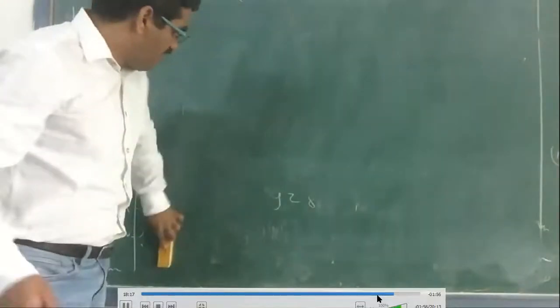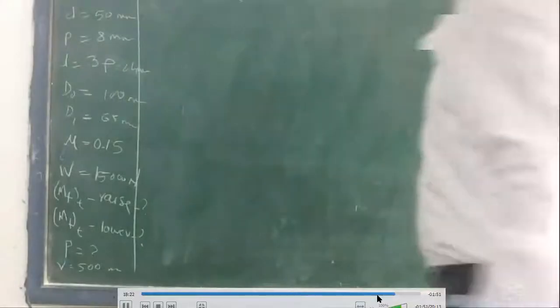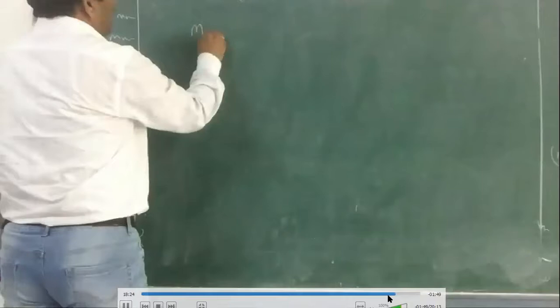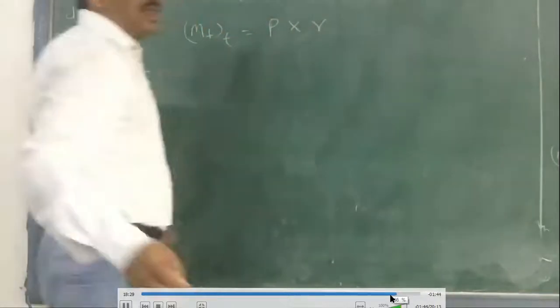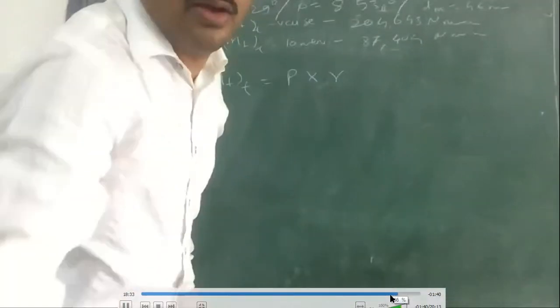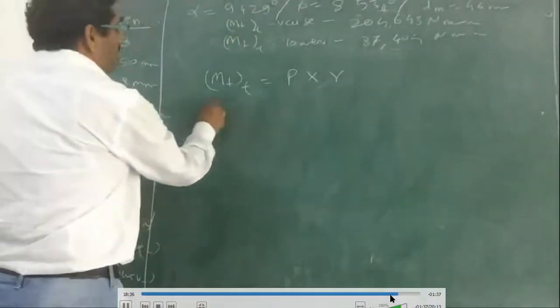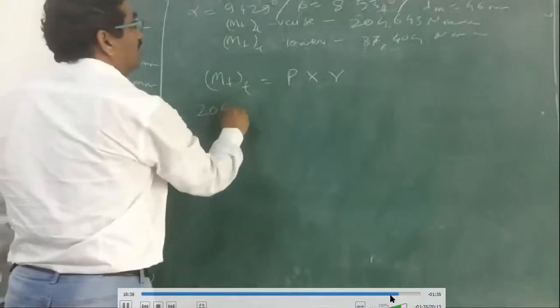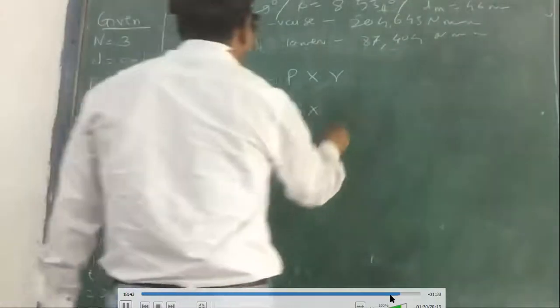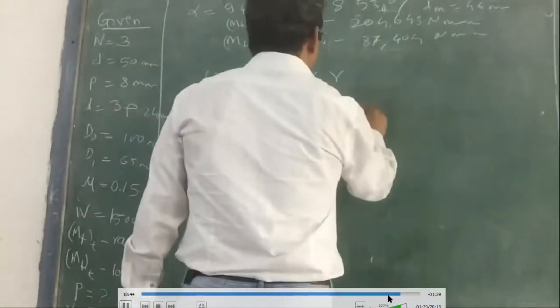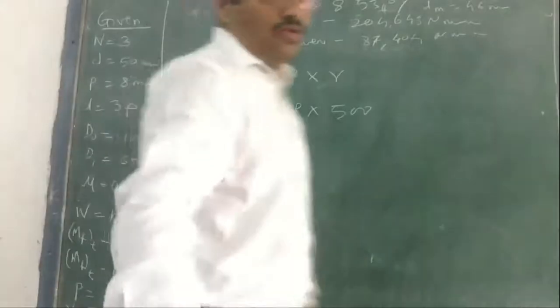Okay. Now we know the torque required to raise the load and the torque required to lower the load. Now simply we have to find out the effort required, right? What is the effort required to raise the load? So MT total is equal to load into radius, if it is applied at a radius r. Here we know that 204,643 is equal to P into R. They have given us the radius, so it may be any radius, right? So we will see what is the load required. 409.